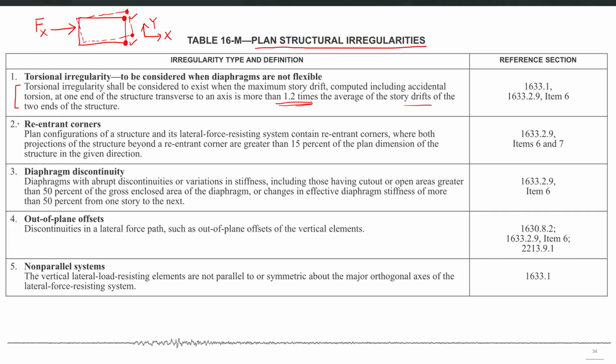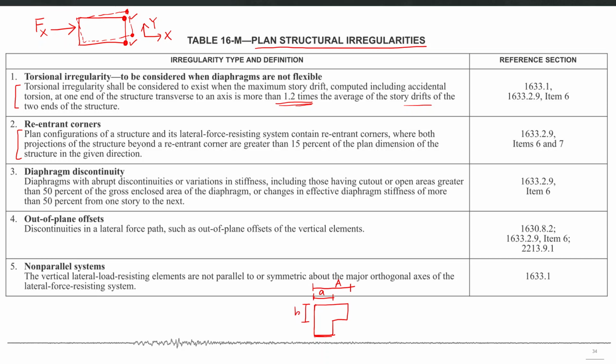You can also have another kind of plan irregularity, which is called the reentrant corners. For structures with building footprints or plans of this L shape, the provision says that if you have, let's say, this dimension, the width of this line, which is small a, and the total width, which is capital A, and in the other direction, small b and the total dimension capital B,